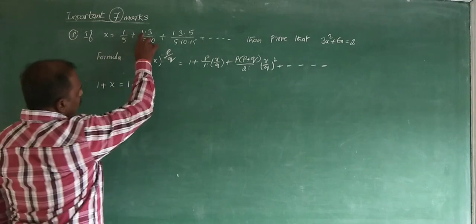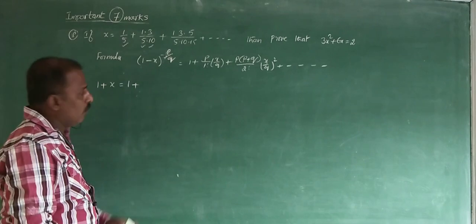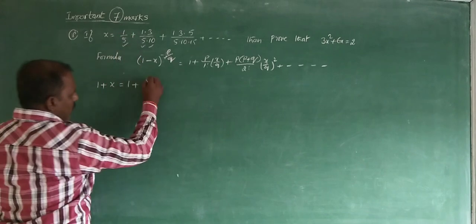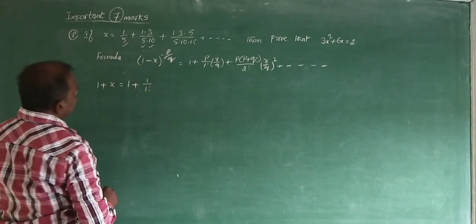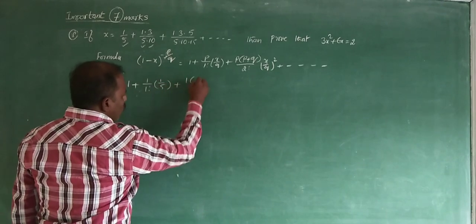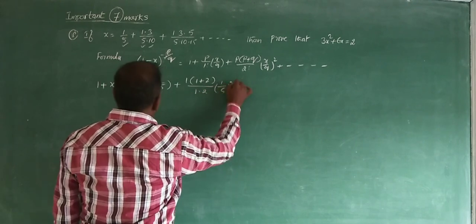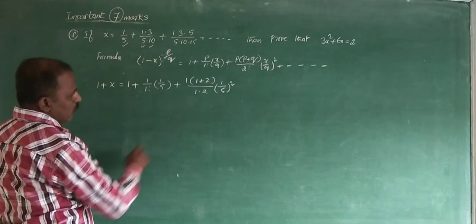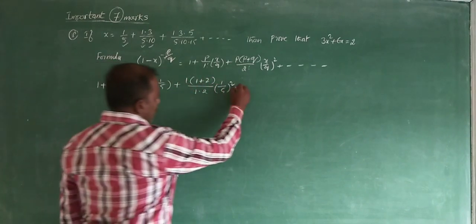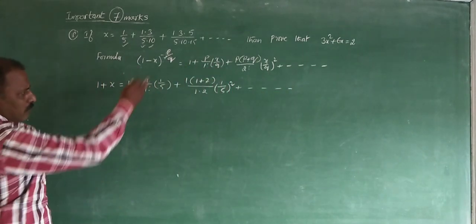I write 1 by 5. There is 3 in 1 into 3, 5 into 3. Look here, 5, 5 into 10. 5 multiples must be there. Yes, 5 multiples are there. So I can change the presentation: 1 by 1 factorial into 1 by 5, 1 into 1 plus 2 by 1 into 2 into 1 by 5 whole square, isn't it? 5 into 1, 5 into 2. I wrote 1 and 2. 5 into 5, 5 square is written here. Similarly, it goes on.